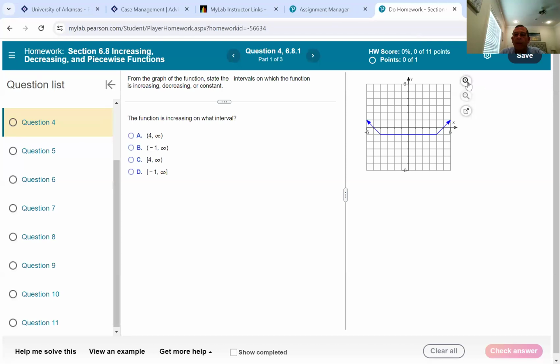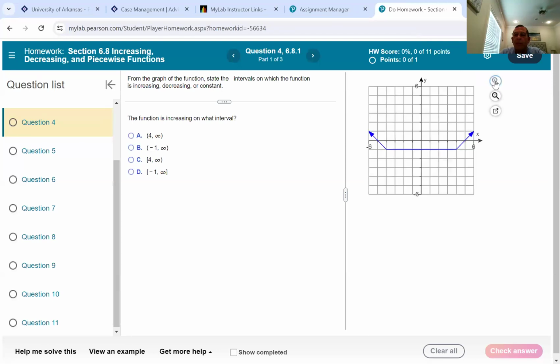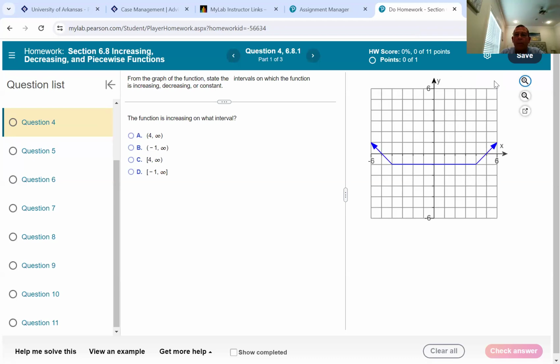Y'all, we're going to make this graph a little bigger for us. Now, I will say these 3 problems in college algebra are the same ones that you did in the support lesson for 7.5. So y'all, we know these already,